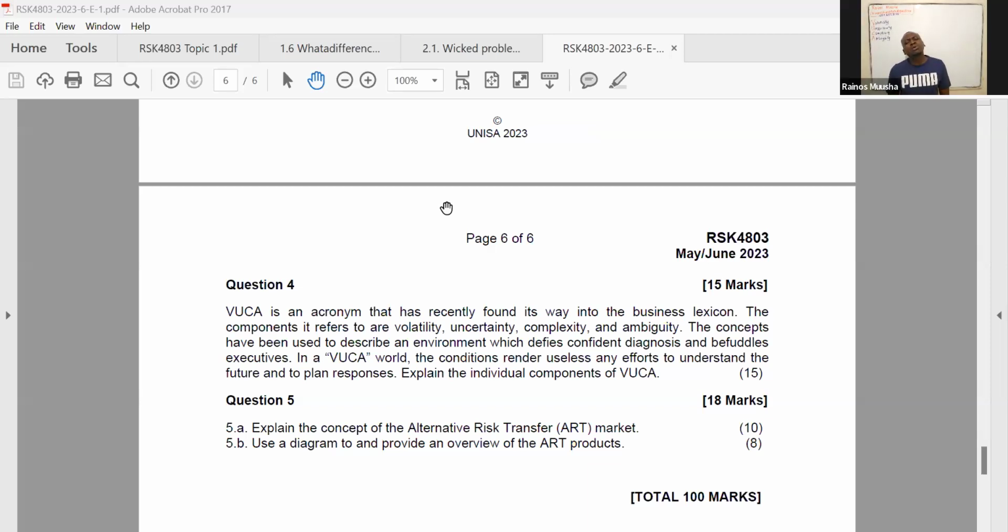I think it was also the first time that they asked a question regarding this acronym. If you look at historical questions from when the curriculum was introduced, which I think was around 2016, 2017, somewhere there,